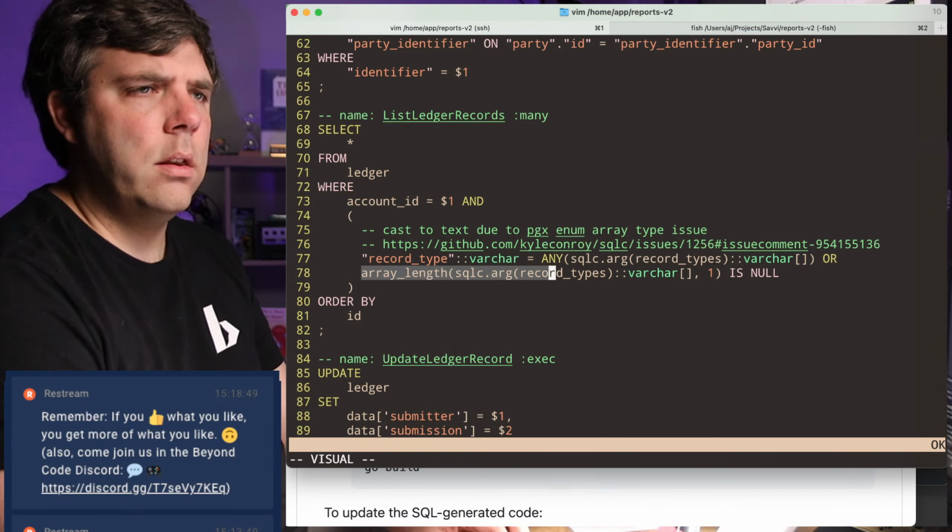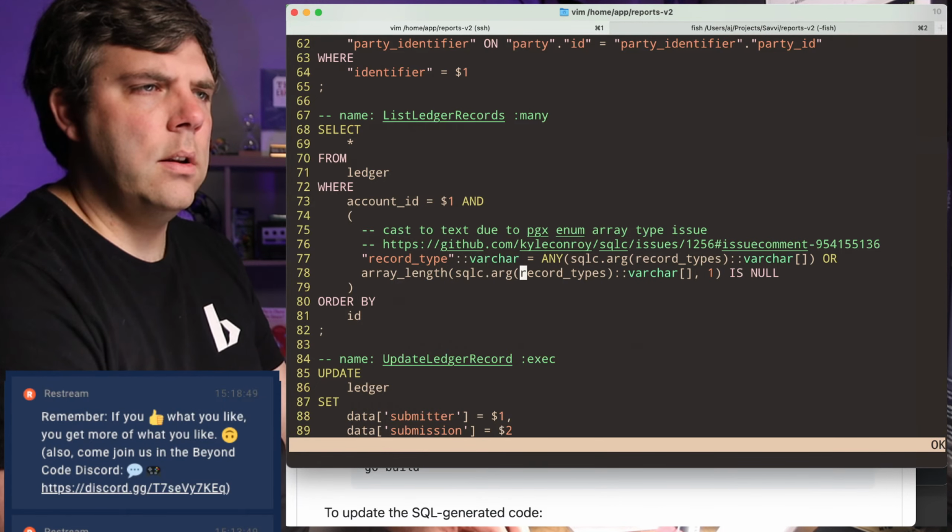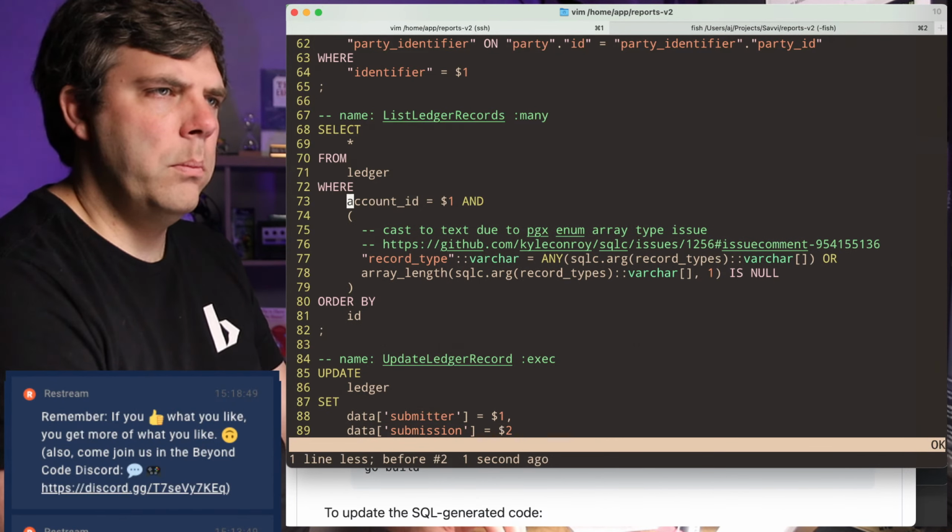Count the array length as the array length is 0. So this is a filter function. I should probably put that here.